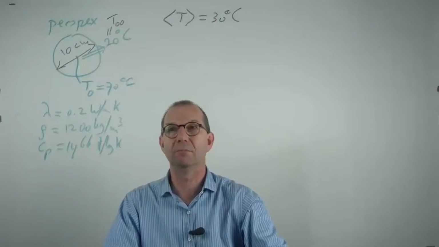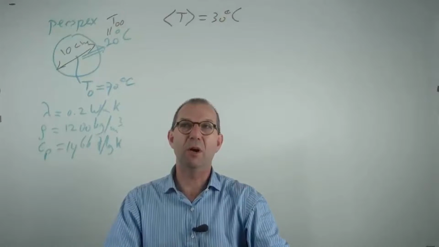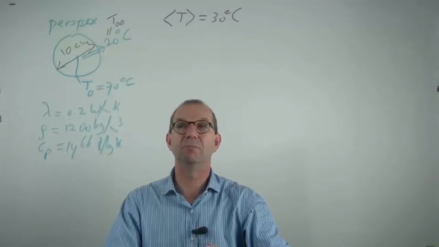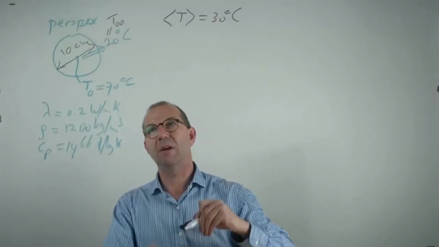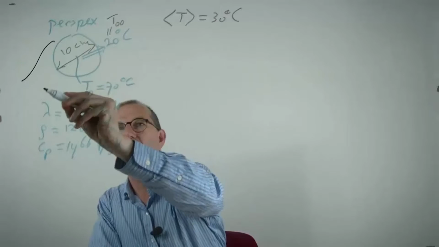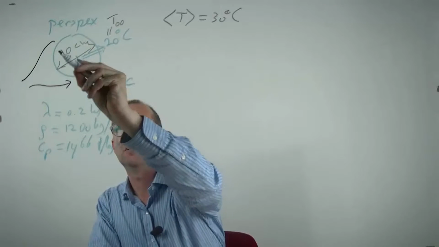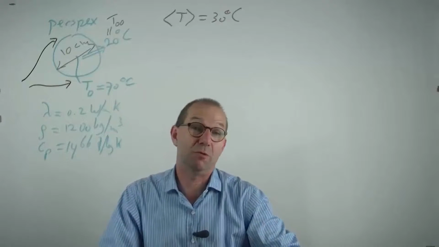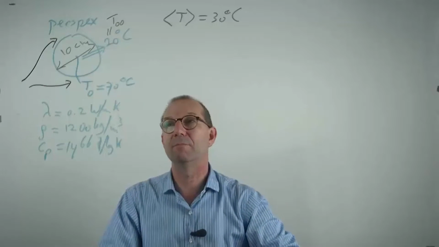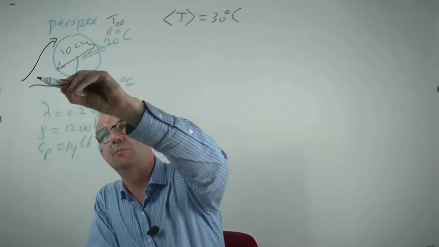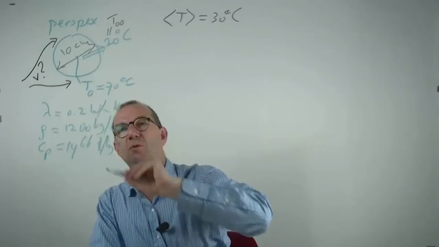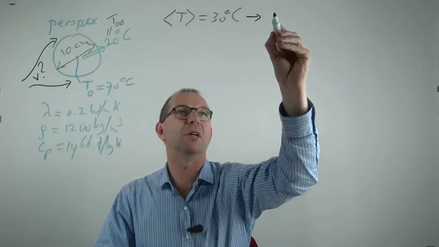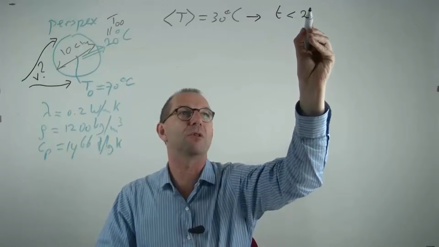It was too big. In today's problem we're going to try and see how we get that resistance down. The idea is that we blow cold air, 20 degrees air, around the sphere to cool it down. Basically what you do when you try to eat too hot food, you blow on it. And what we would like to know is, what should the air velocity be if we want to reach this temperature of 30 degrees within 2 hours?